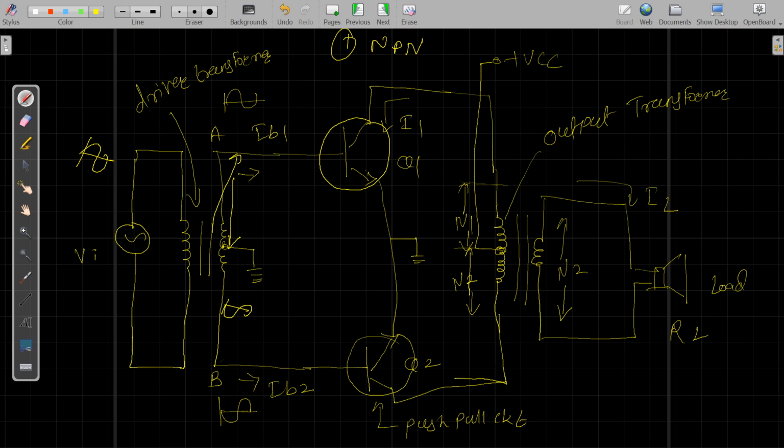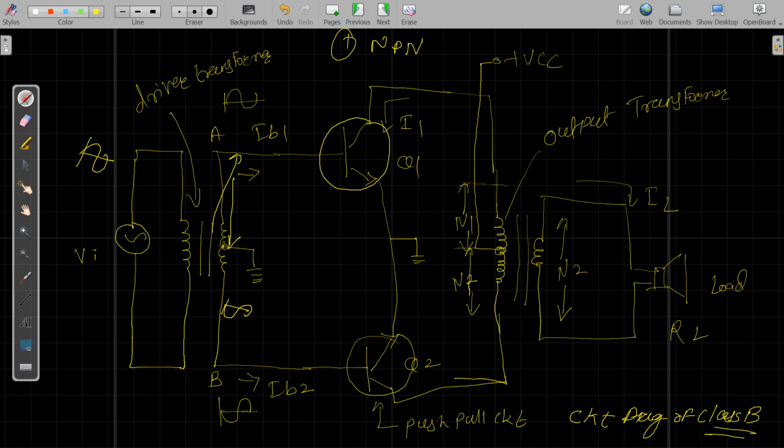Why? Because we know that this is the circuit diagram of a class B power amplifier. In class B we have selected our operating point on the x-axis. Because of that, only one part of the input is present at the output side. That's the reason we want two transistors. Now the two transistors have to work alternately, one after another, not simultaneously. That's the reason I have used a transformer. I have center tapped them so that when input is applied, only one transistor will be operational and the other will be off, and vice versa, so that at the end of the day I get both outputs for the given input.